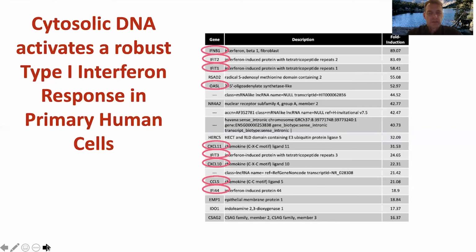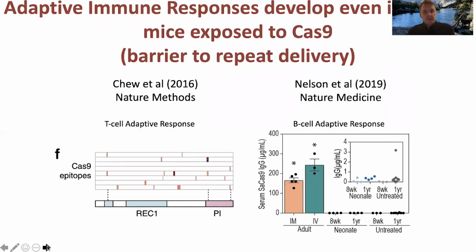robustly activate a type 1 interferon response when cytosolic DNA is detected. So this becomes a barrier when one thinks about delivering a donor molecule in a nanoparticle, because it is likely that that donor DNA molecule would be sensed by these airway basal cells and activate a toxic type 1 interferon response. The second type of immune response that we'll have to deal with is the adaptive immune response to Cas9. So in mice that are naive to Cas9, because Strep pyogenes and Staph aureus don't routinely infect mice, particularly laboratory mice,